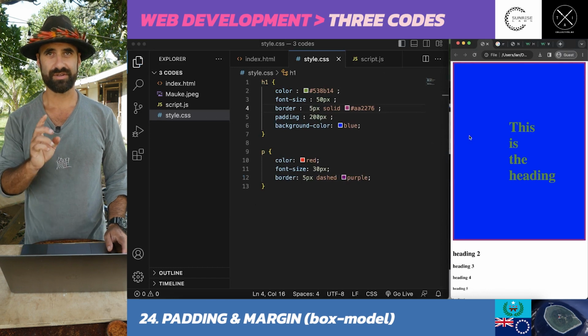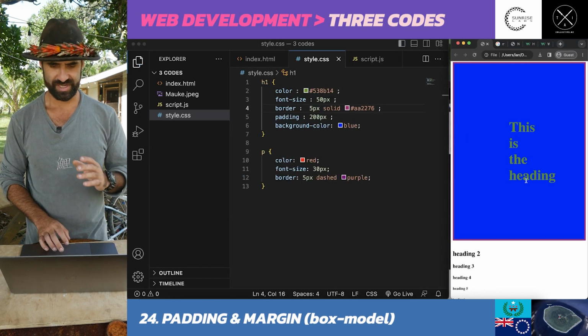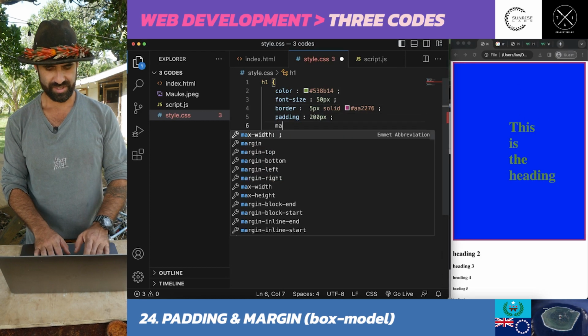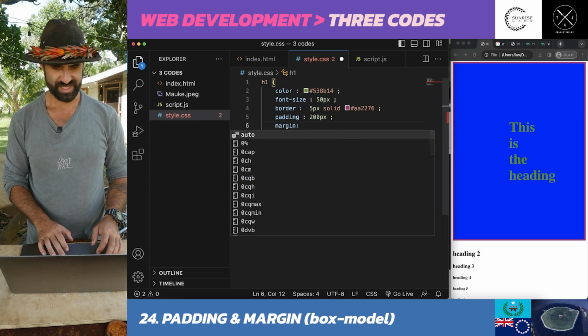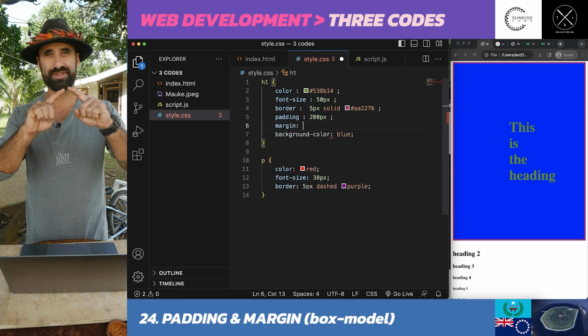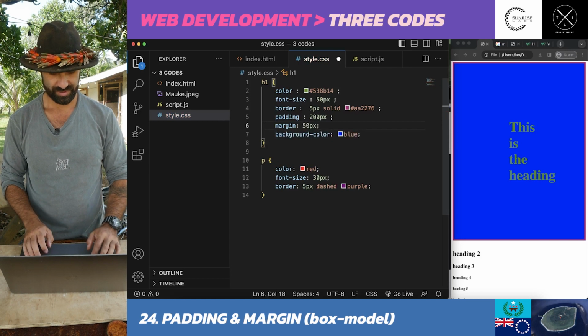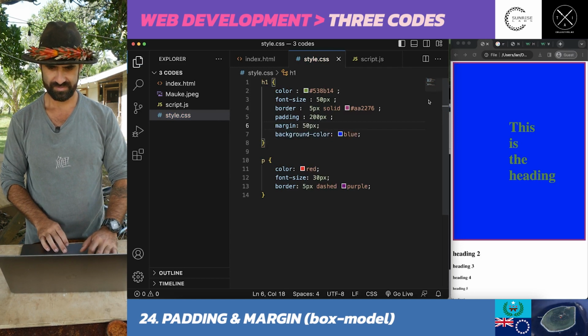I'm going to show you how to find dope colors, but for now this will do. So yeah, padding, space on the inside. Padding's brother or sister is margin, and that's spacing on the outside of the container. So if I do 50 pixels, save it, refresh it,